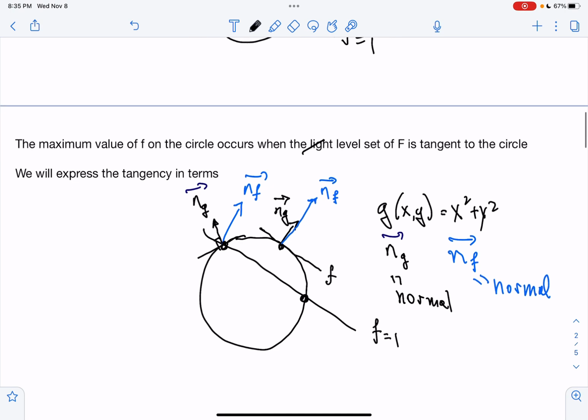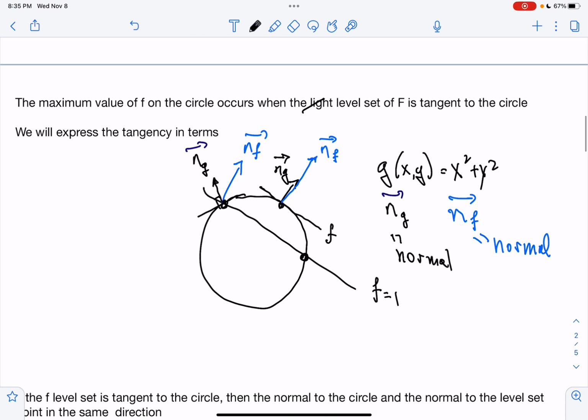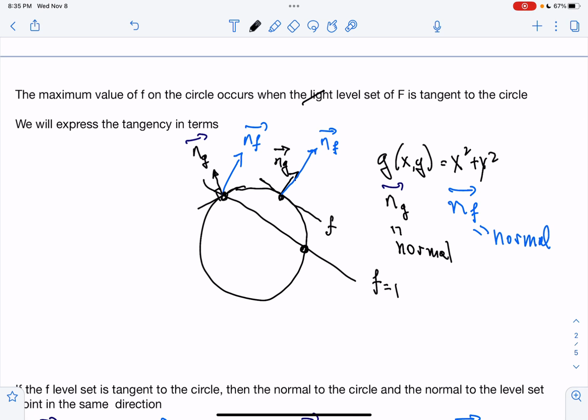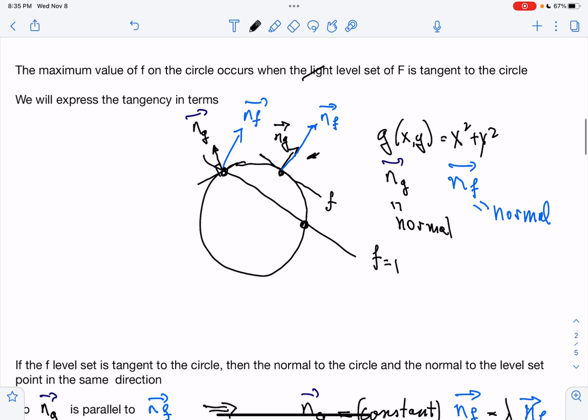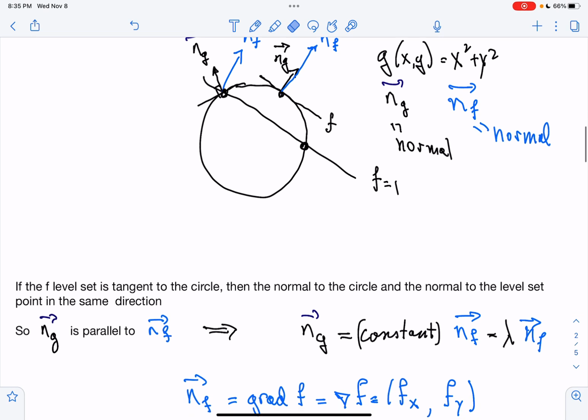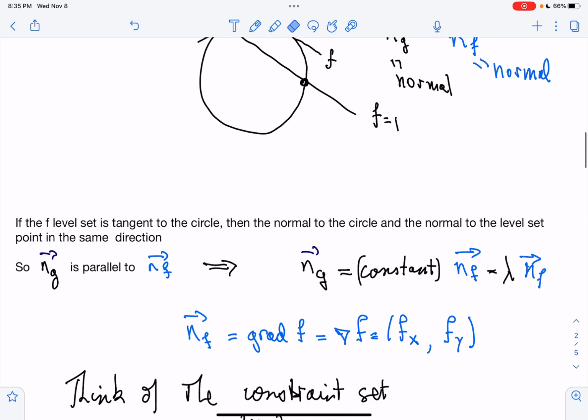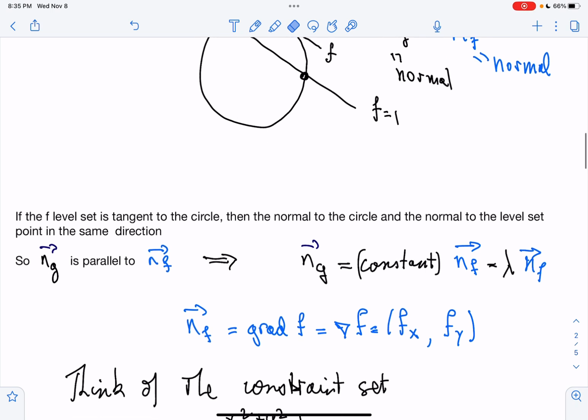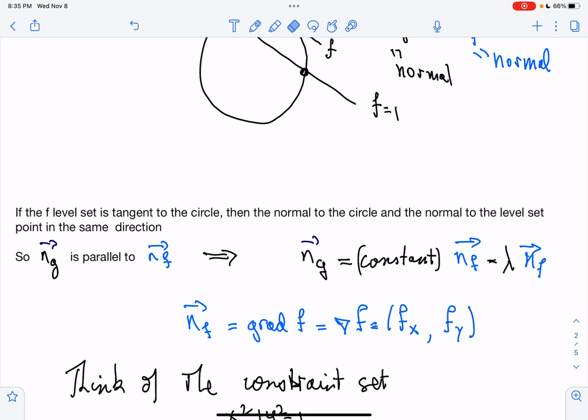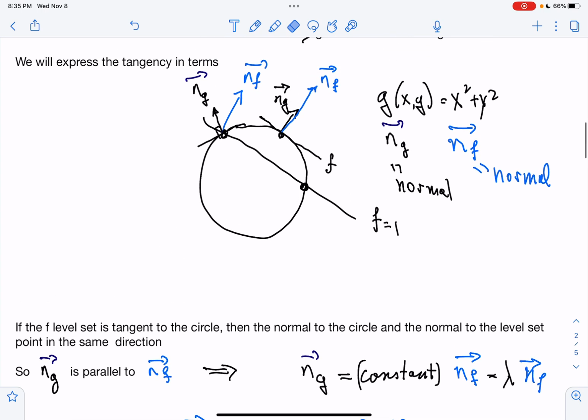Well, they'll be in the same direction, I should say. They are not necessarily the same vector, because one could be longer than the other. That's what we see here in the picture. So we've come to this conclusion that we're looking for a point where the normal to the G